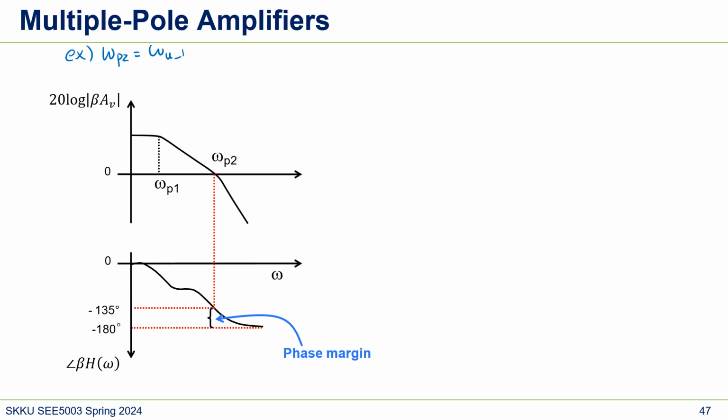I'll say loop. In this case, at our pole 2, the phase is minus 135, so our phase margin is 45 degrees, right? And depending on the phase margin, something happens. For example, a low phase margin gives us, expect ringing. Let me just write it down again. Expect ringing